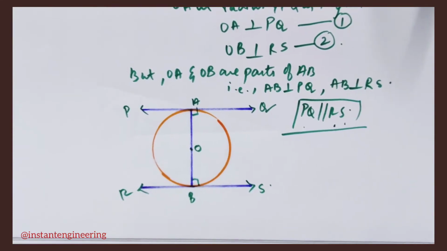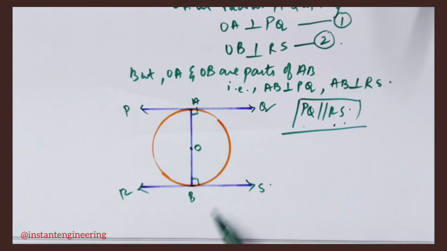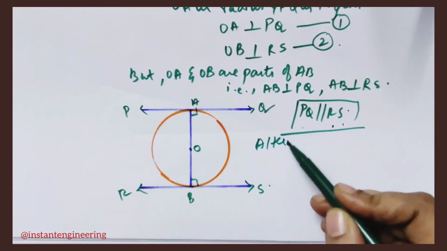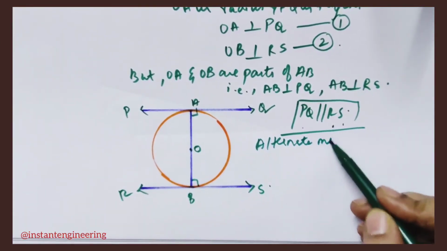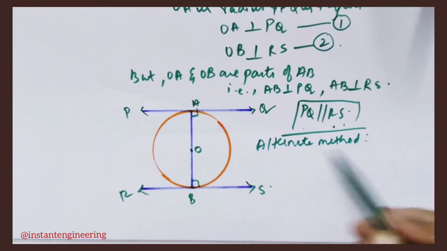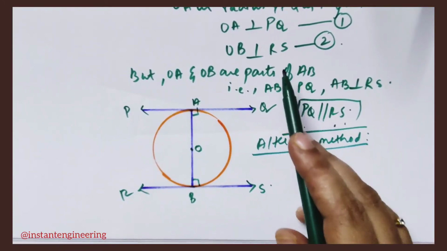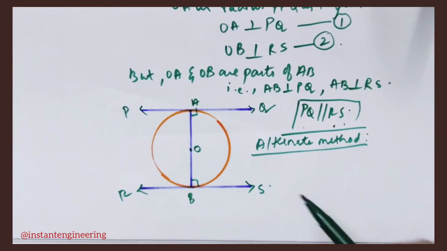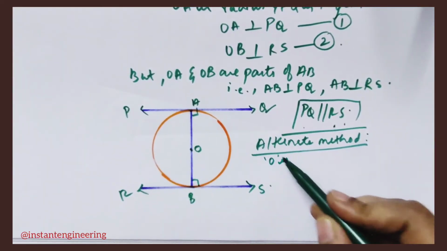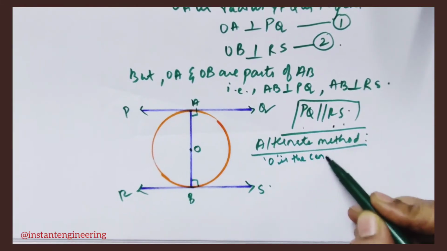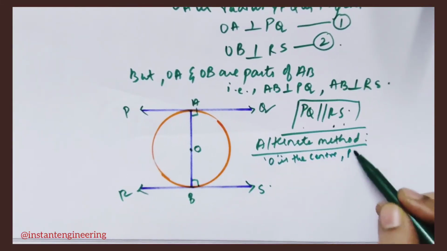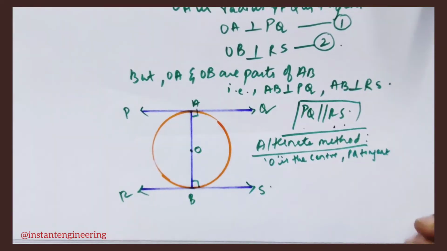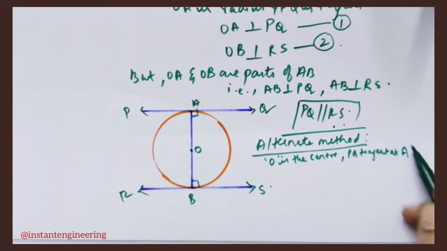We know interior angles and all, right? Like that also we can see, but this is the easiest one. Just for better understanding, I'm telling the other method also. If you want, you can use it; otherwise go with the first. I suggest learning this one. So the other method is, consider O is the center and PQ is the tangent at A.